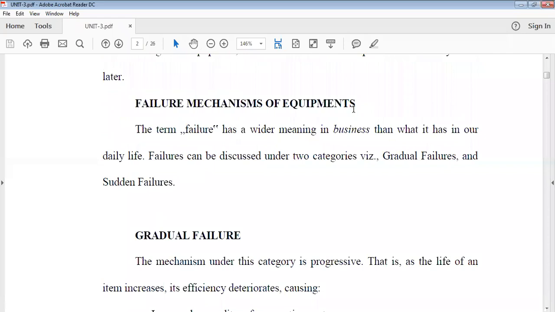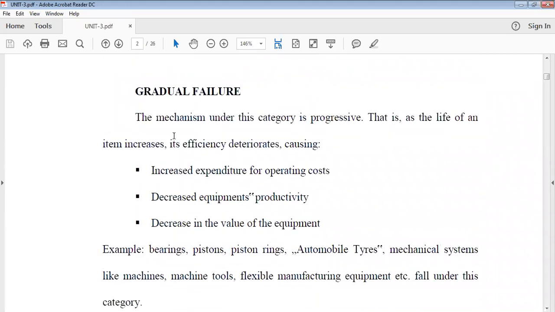Next, failure mechanisms of equipment. The term failure has a wider meaning in business than what it has in our daily life. Failures can be discussed under two categories: gradual failures and sudden failures. So gradual failure means